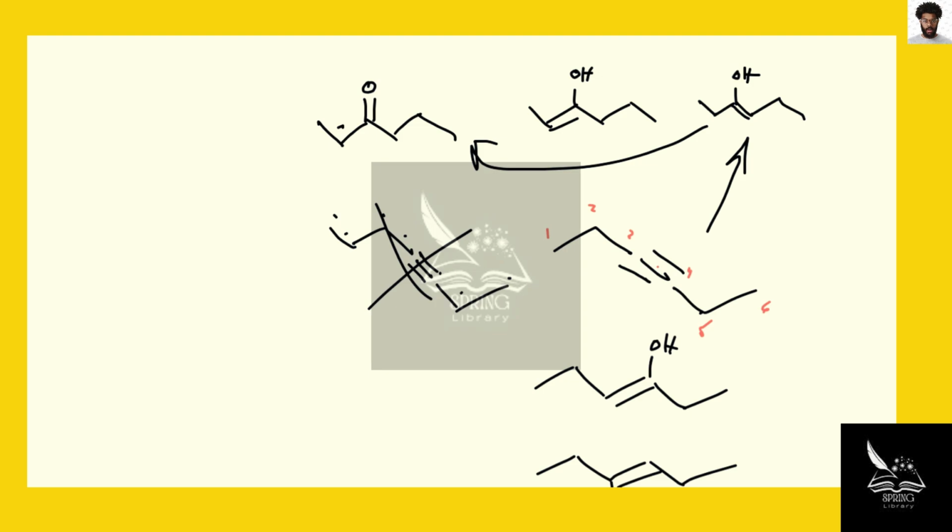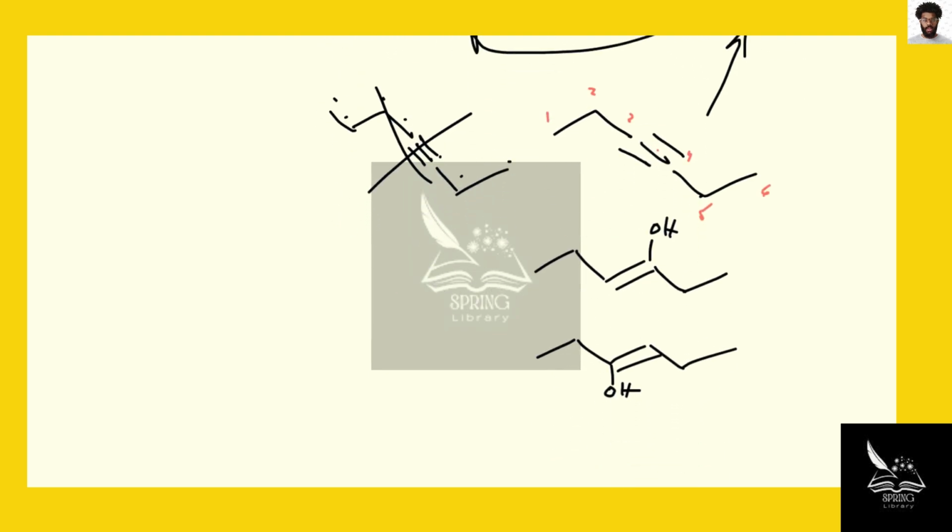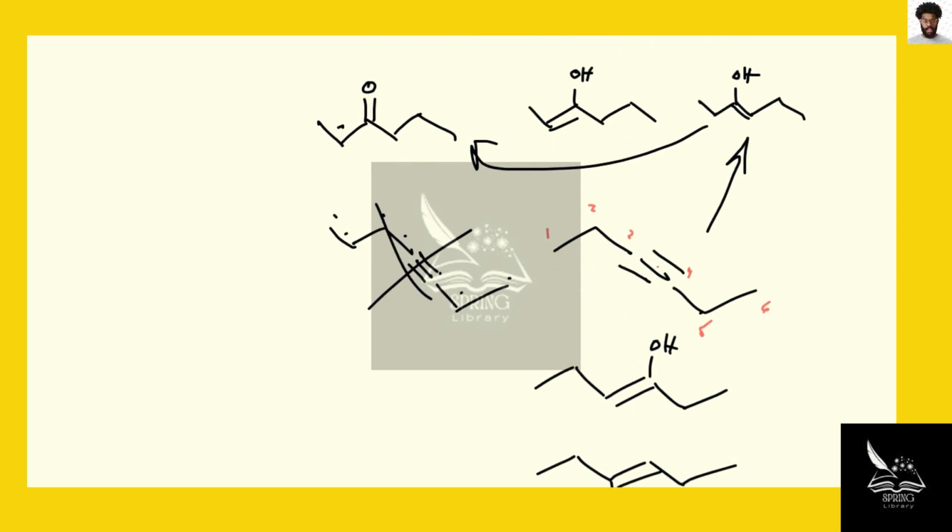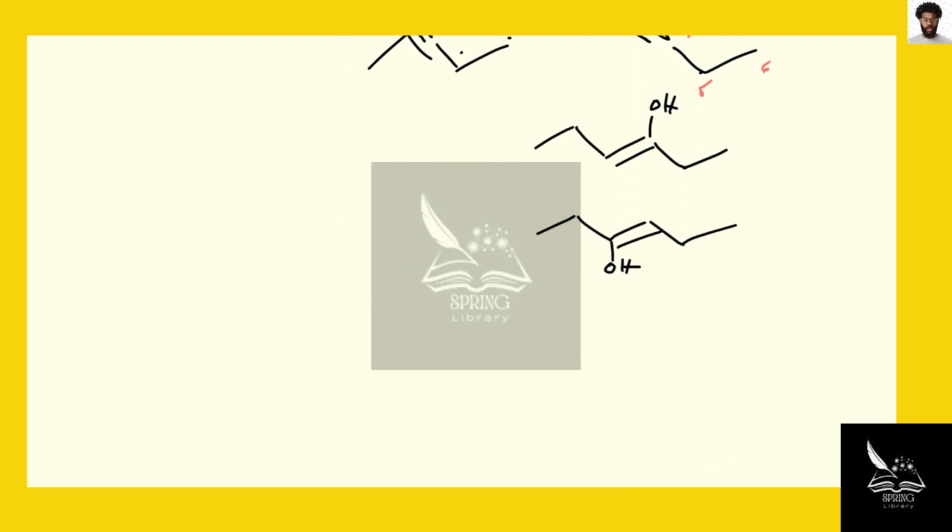That is to say, because of the symmetry of this molecule, there's really only one possible enol that can form, and that enol goes directly to the ketone that we want. If we explore our other options, we'll see that's not always the case. We see that the third option